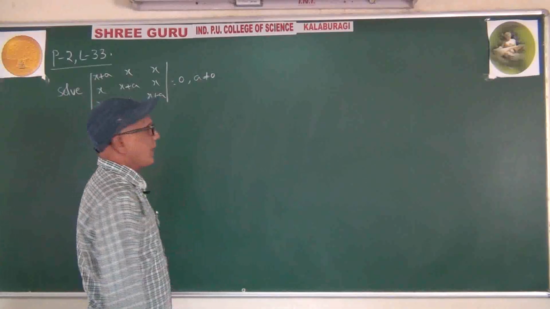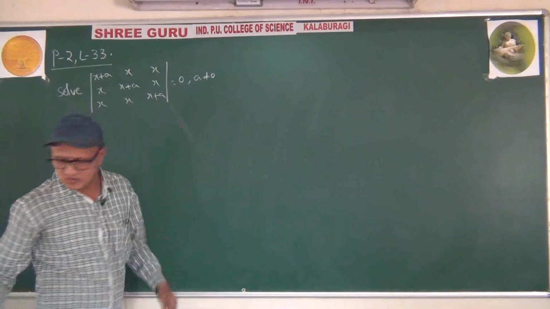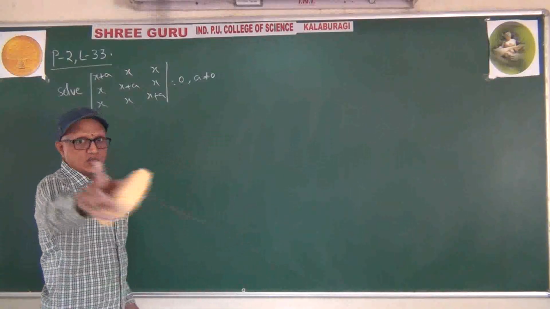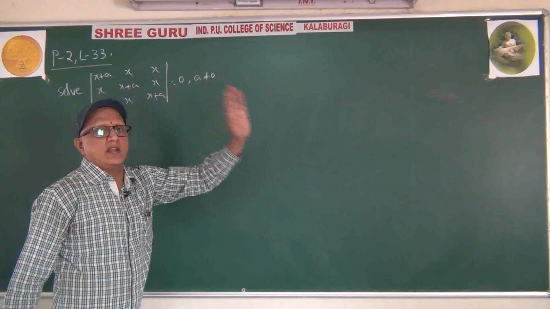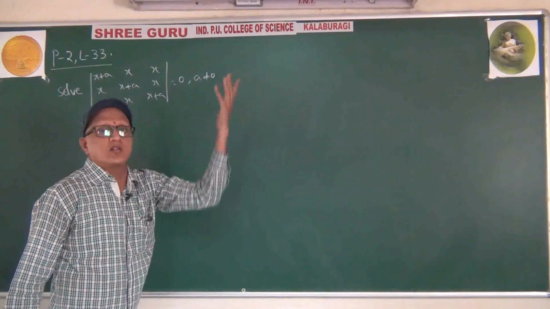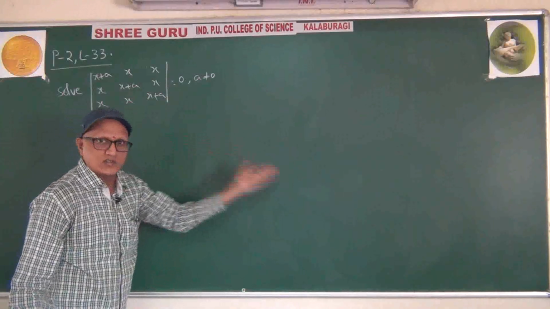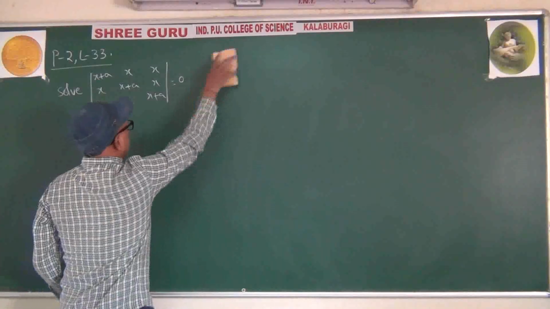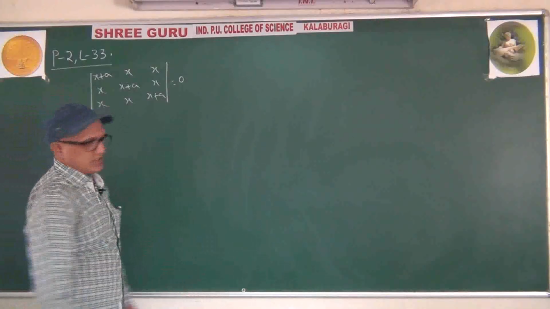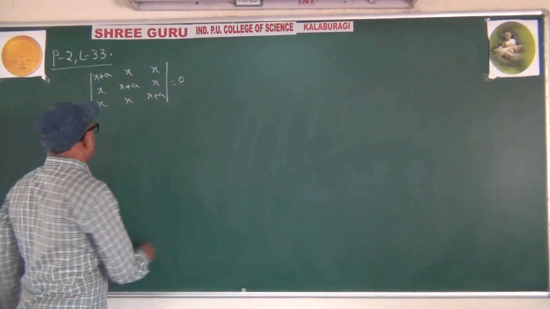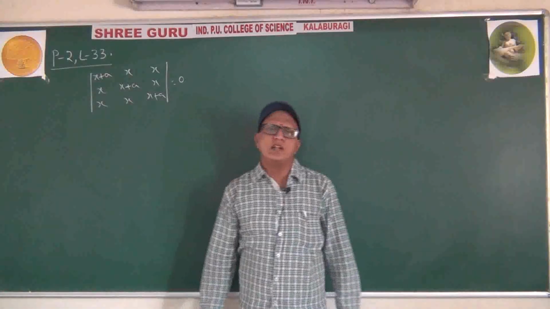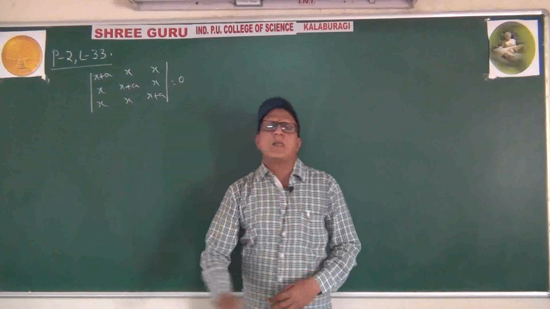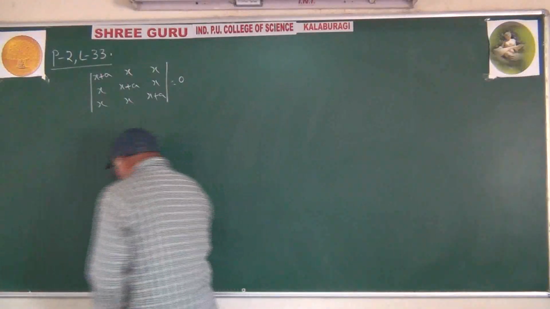Question is solve. Solve determinant equal to 0. We have to solve this one. We should not take LHS, we should not take RHS. Just now I have proved. Then what to take? Both we have to take. Question is solve. Okay? Right. Then what to do? Expansion. Instead of expanding directly, better apply the property. It will be simple. It makes you more easy.